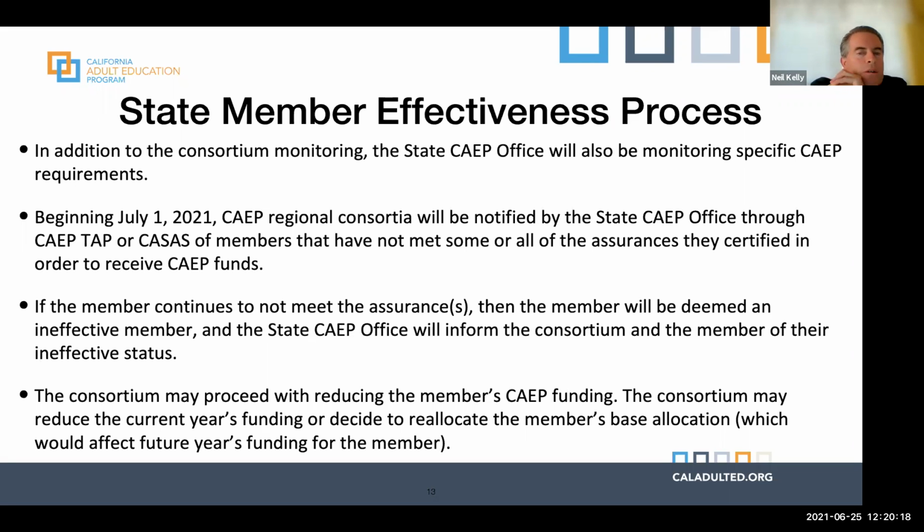So next week, we'll be releasing a memo on this process. And based on the information you're hearing today, it'll all be covered in the memo. And so beginning July 1, Cape Regional Consortium will be notified by the state Cape office through TAP or CASAS of members that have not met some or all the assurances they've certified in order to receive Cape funds.